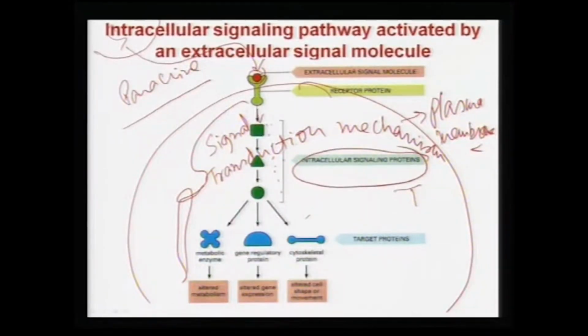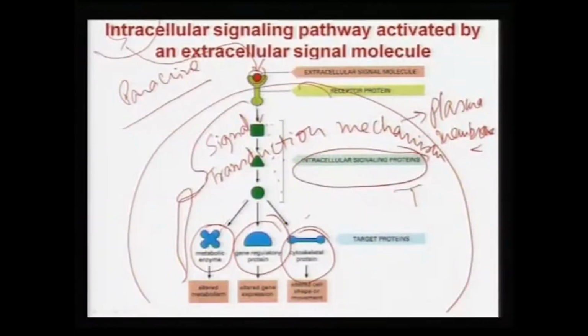Now, these different intracellular signaling proteins are being activated. The net result is that they can ultimately act on the target protein, and these target proteins can essentially modify the metabolic activity of the cell. Metabolic activity means simply that a lot of protein molecules will be synthesized at the ribosome. Gene regulatory protein means that it will activate the DNA and RNA in the cell, and that will lead to more cell division. Cytoskeletal protein means your cytoskeleton, an actin filament, is there. So, it will help in the depolymerization and repolymerization of the actin filament, so that cells can migrate or crawl